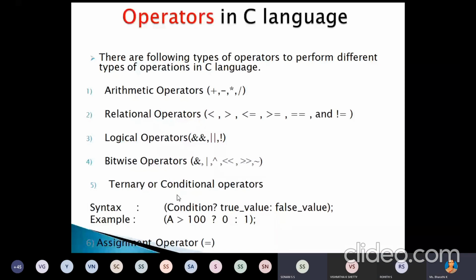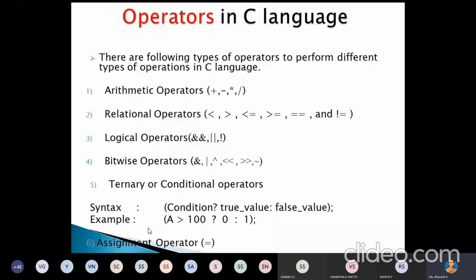Suppose a greater than 100: if the value of a is greater than 100, then it will return the value 0. Otherwise, it will return the value 1. Right? This is the same as your if statement: if a greater than 100, return the value 0, else return the value 1. That we can call the ternary operator or conditional operator.